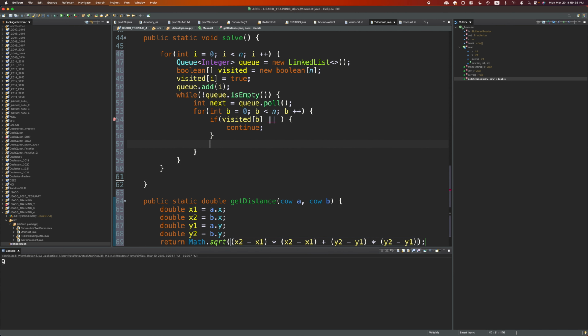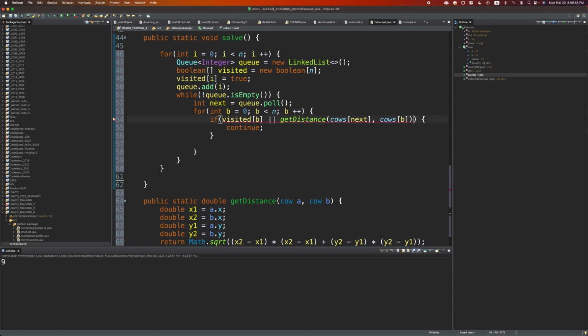And this will get the distance, so we can do getDistance of cow and cow,